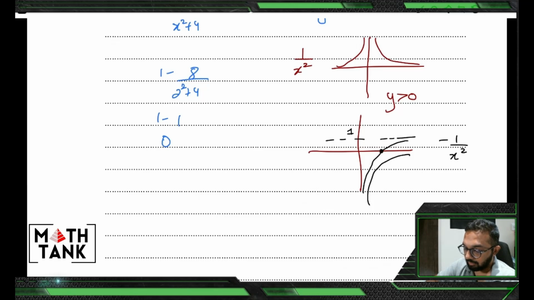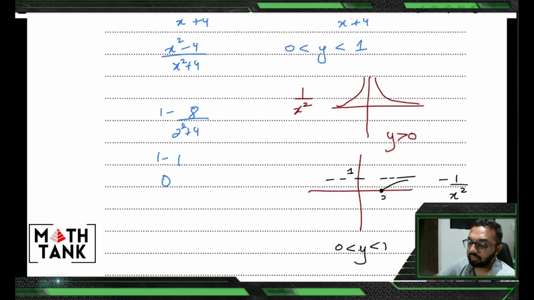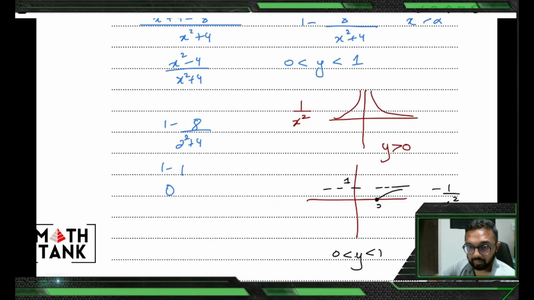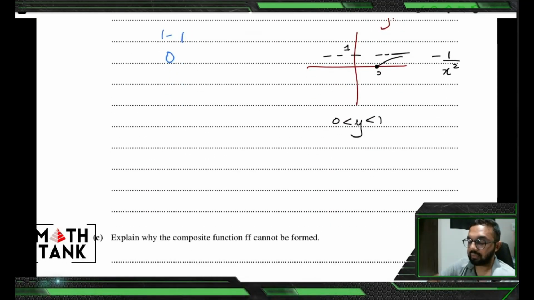Now when I plug in x equals 2, it starts off at 0, so the only part of the function that remains is this. That's the part of the function that remains. So what are the possible values? Greater than 0 and less than 1. These rational functions are often difficult when you are trying to find the range. So you have to think about graphs, you have to analyze the function and so on.